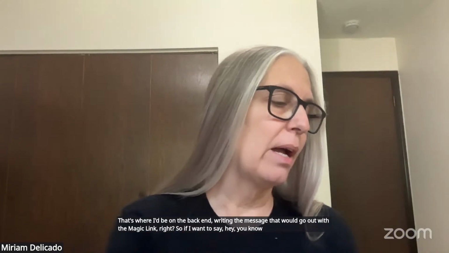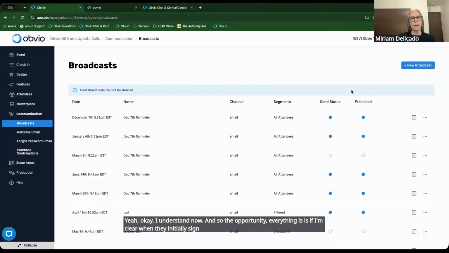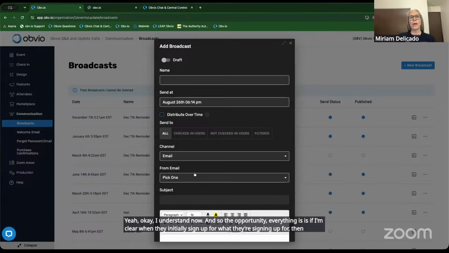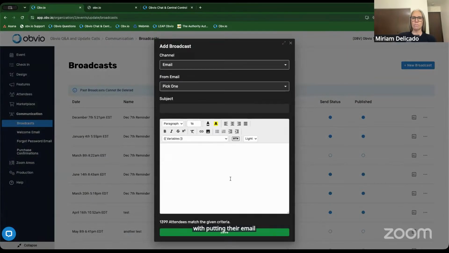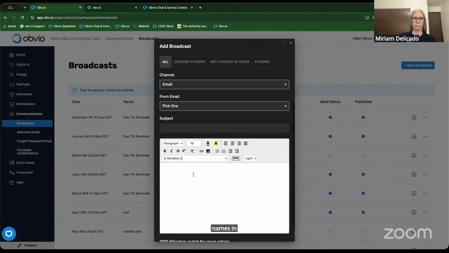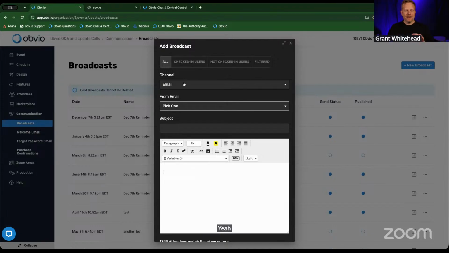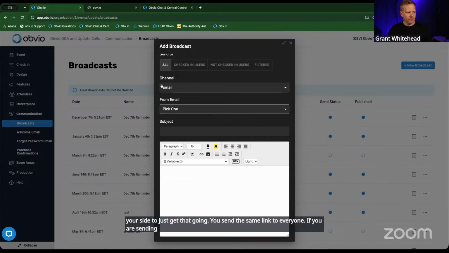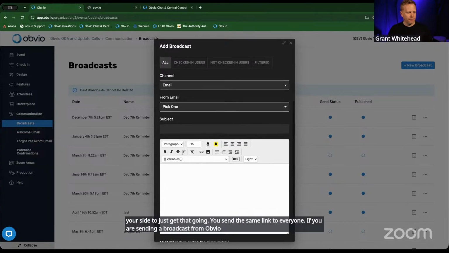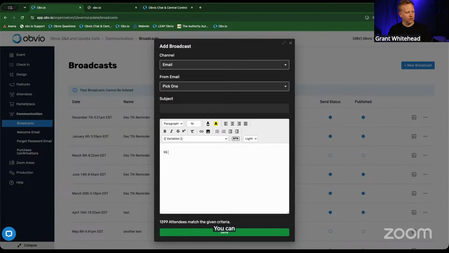Yeah, okay, I understand now. And so the opportunity is, if I'm clear when they initially sign up about what they're signing up for, then I can make it so that they're comfortable putting their email and names in there. Yeah, sending that sign up link just makes it really easy from your side to get that going. You send the same link to everyone. If you are sending a broadcast from Obvio, then you can do things like this,